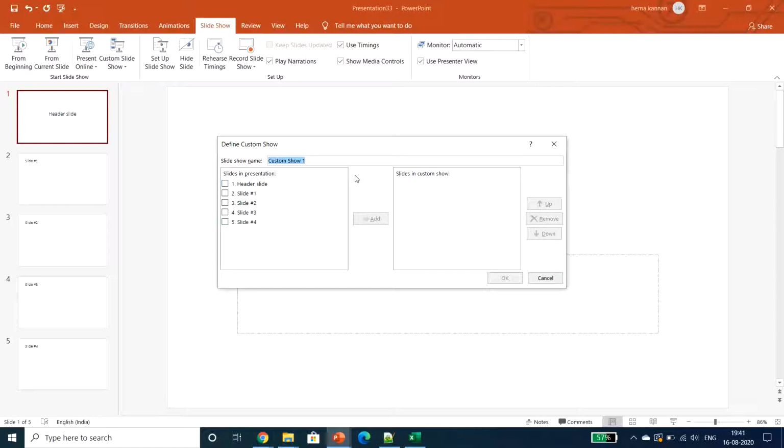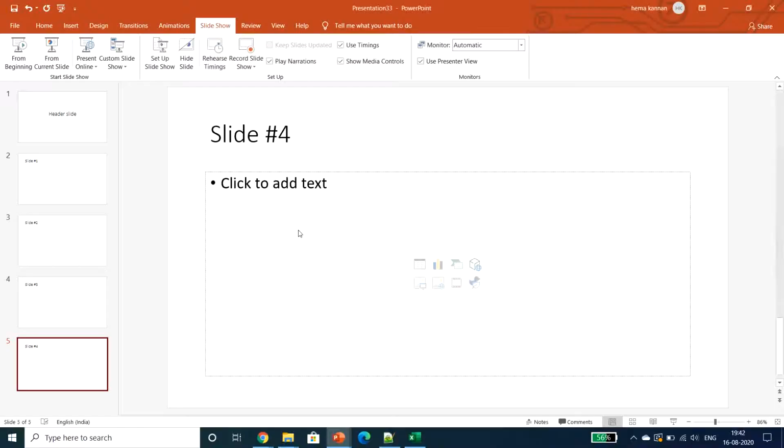But I can show only some custom slides, that is I can show only 2 and 4. I think those 2 slides are important for my show, and I am selecting these 2 slides. So after selecting these 2 slides, I am adding them. Once after adding, give OK.